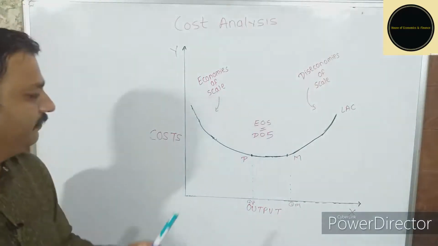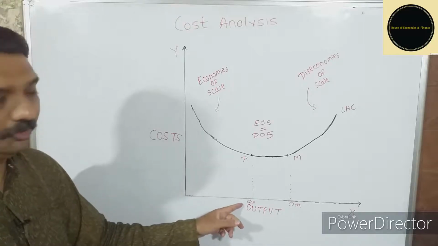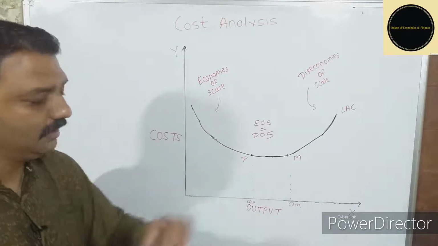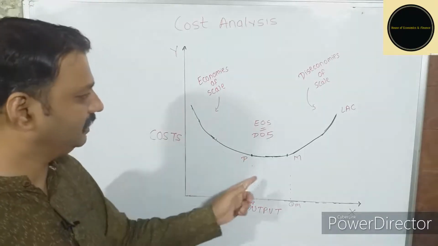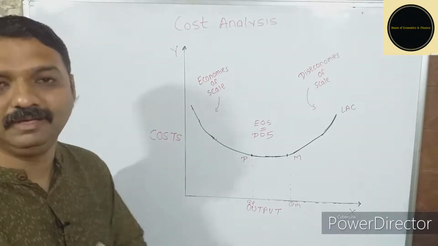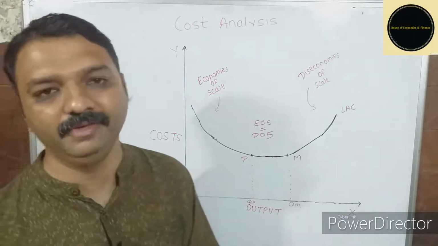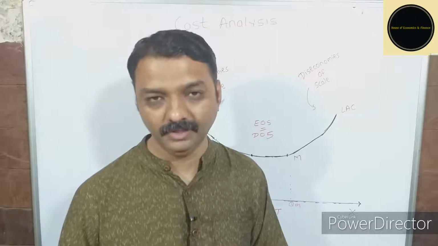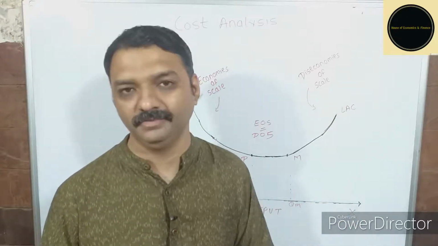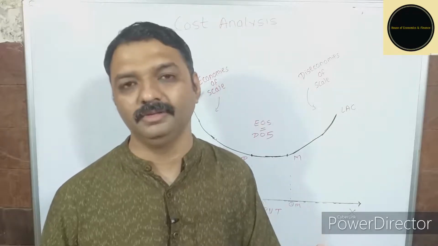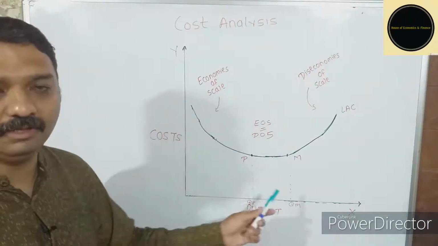Here I have taken output on the x-axis and cost on the y-axis. Here there is point P, and this is QP, the output corresponding to point P, and here we have point M, with QM the output corresponding to point M. If you look at the section before point P, where the curve is sloping downwards, the reason is economies of scale, or more specifically internal economies of scale. Due to internal economies of scale, a particular firm enjoys many cost advantages, and because of these cost advantages, the long run average cost curve declines